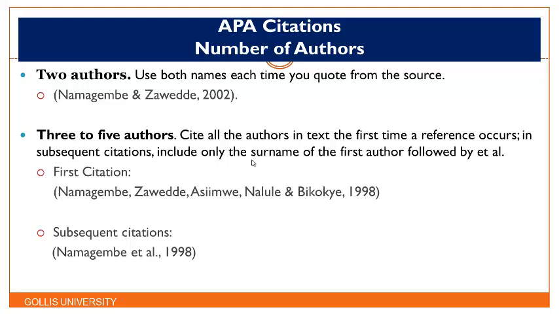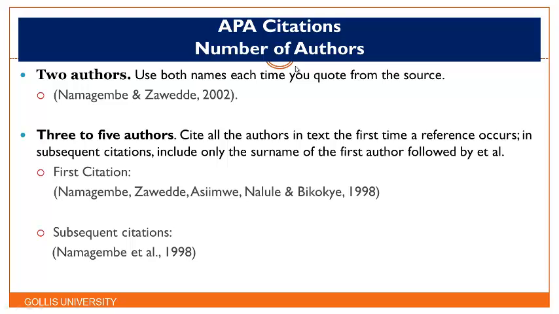Of course, when we are citing, we can cite textbooks which are written by one author, two authors, 3 or 5 authors, 6 authors, because nowadays, especially in journals, you find some writers have come together, put their knowledge together, then published a particular book or a particular article. So you, as a researcher, when you are going to cite, you have to make sure you know how you cite in case it is one author. Of course, it's just the author's last name and the year of publication.